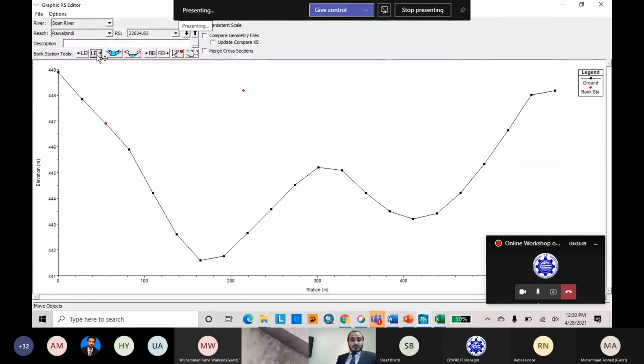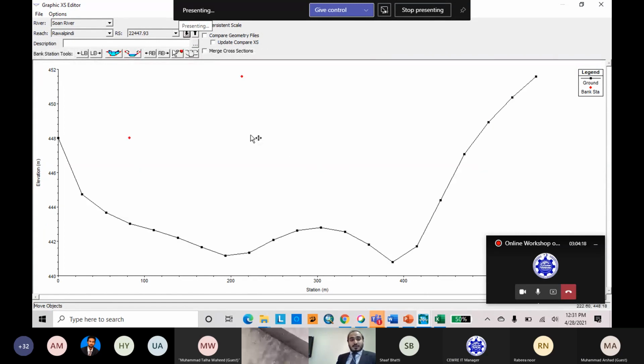You can automatically assign your cross section. If you think this is your main creek, then assign it here. If you think your main creek is this, you can assign your left bank here. It is hit and trial. You can adjust it at any time in the HEC-RAS model by verifying once your model is developed. The next one is this. The technique is the same. You can also place your left over bank and right over bank using this, if you do not want it to move automatically.